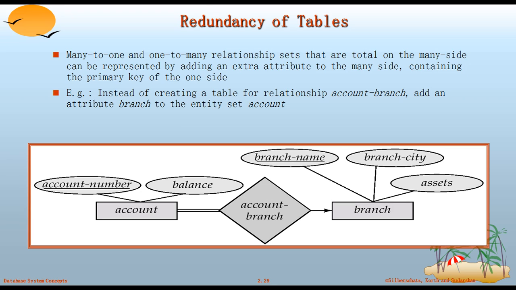Redundancy of tables: for many-to-one and one-to-many relationships that are total on the many side, we can add an extra attribute to the many side containing the primary key of the one side. Instead of creating a table for the relationship account-branch, add an attribute branch to the entity set account. So instead of creating another table, the attribute branch will be added to the entity set account.